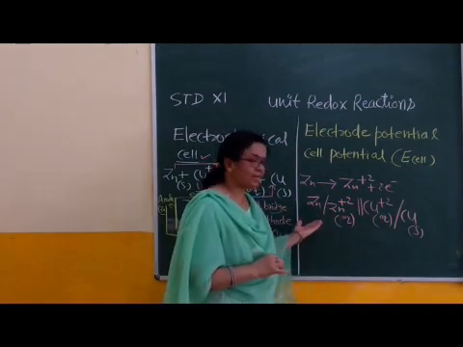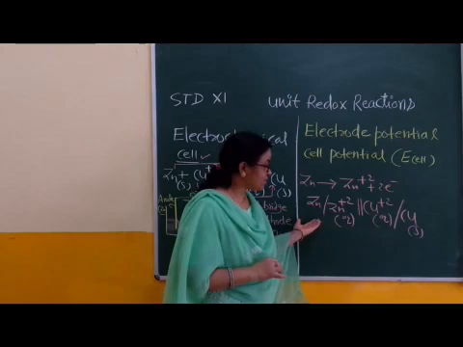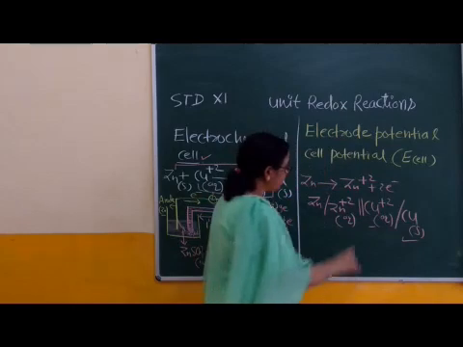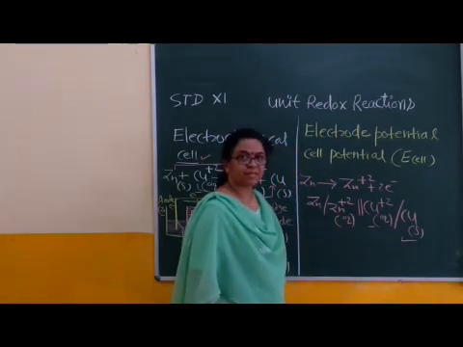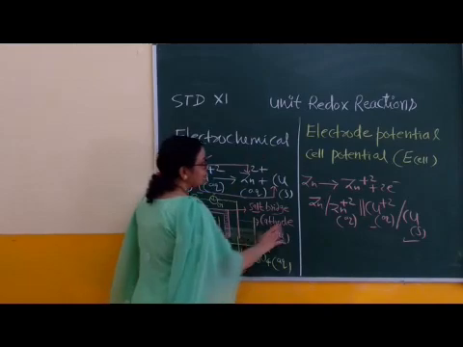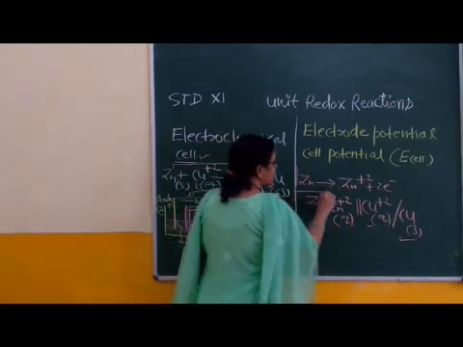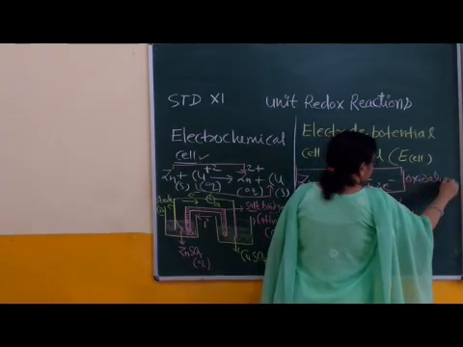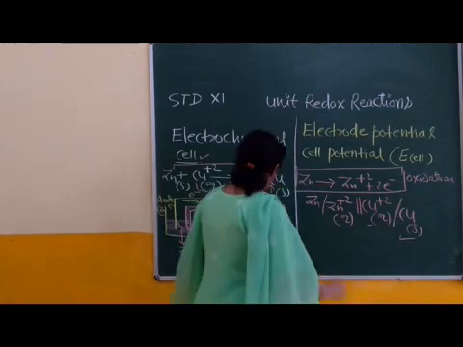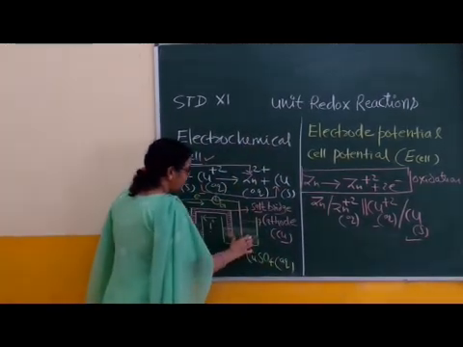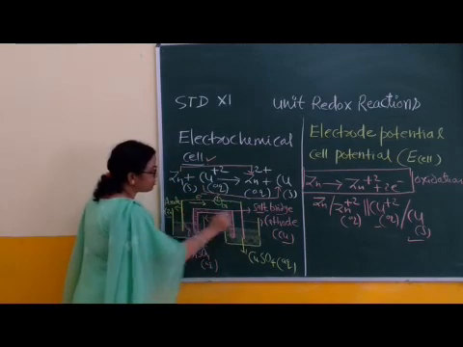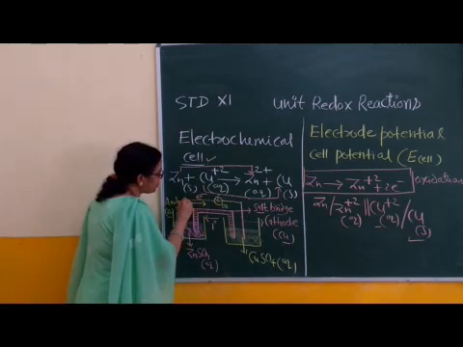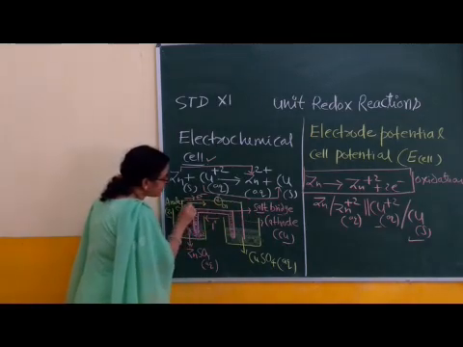The anode is always written towards the left hand side of the electrochemical cell notation and the cathode always towards the right hand side, and a double vertical line for the salt bridge, right? That is the construction of the cell notation. Now the working. This is the half cell reaction, which is the oxidation reaction. What is the direction of flow of electrons, from anode to cathode? Right? Because the anode is oxidized. This flow of electrons from left to right hand side is shown by this arrow.